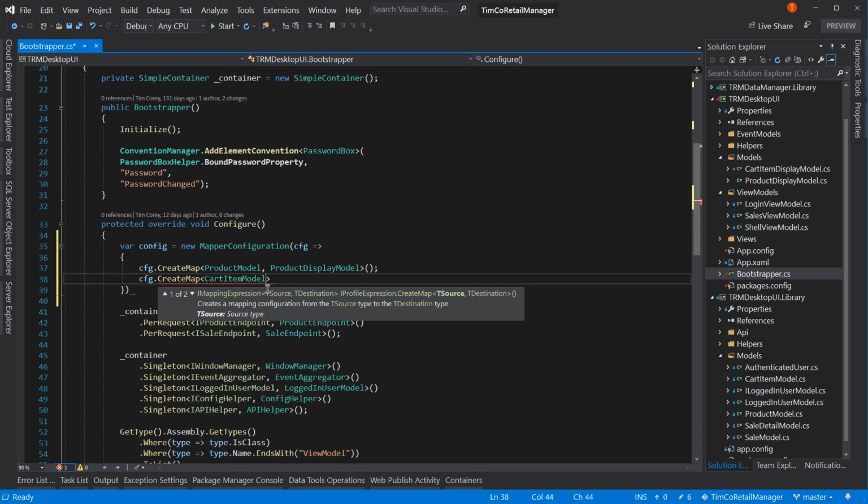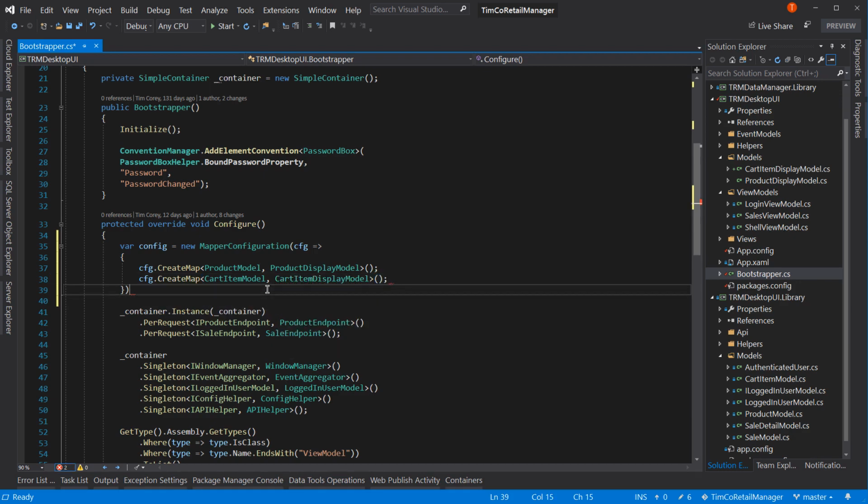And this is the one where we don't have to have this map, right now at least, because we don't have any mapping that we need to do for CartItemModel. But I'm going to add it in case we need it later. CartItemDisplayModel. So what this does is it says, okay, in AutoMapper, it's going to know at the very beginning how to map a ProductModel over to a ProductDisplayModel. And we do this at the start of our